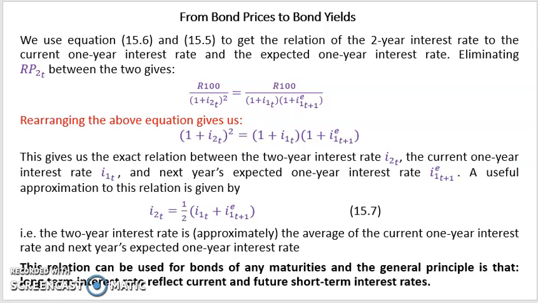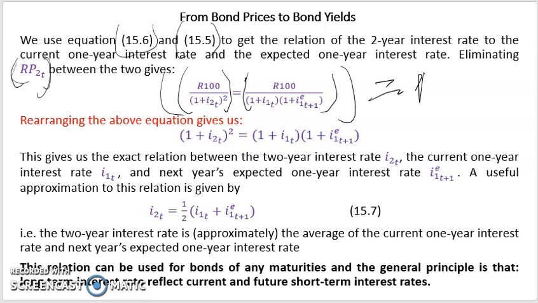So eliminating the price of a 2-year bond from equations 15.5 and 15.6, this is what we get. This one is from 15.5 and this one is from 15.6, which are both equal to the 2-year price of the bond. So it means that they are both equal, and this is what we get. And if we rearrange this equation, it gives us the exact relation